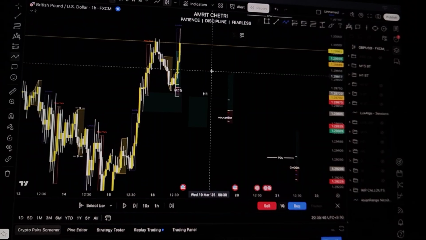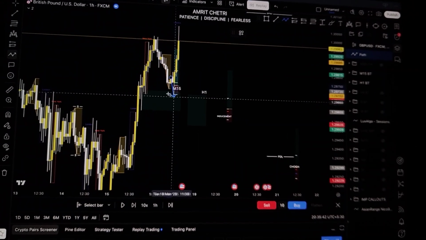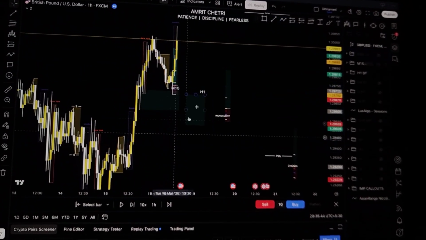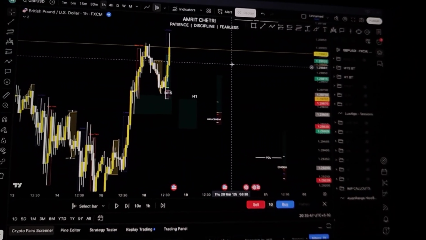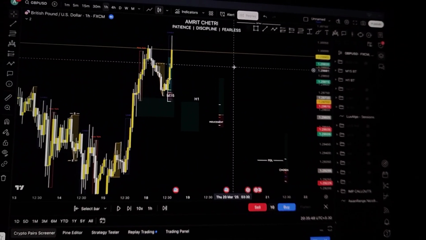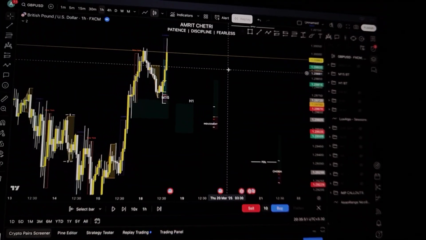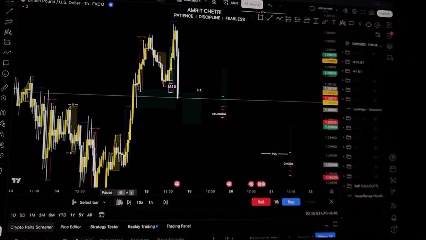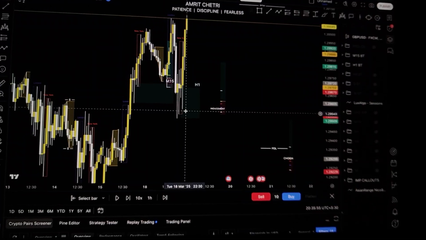This day was a good day to trade because there was a demand zone in the New York session, but there will be some days where the London and New York will not do anything, or it will be consolidating. So next day, where are you going to look for a trade from, right? So also you have to be very careful. I'll show what I'm trying to say, okay?